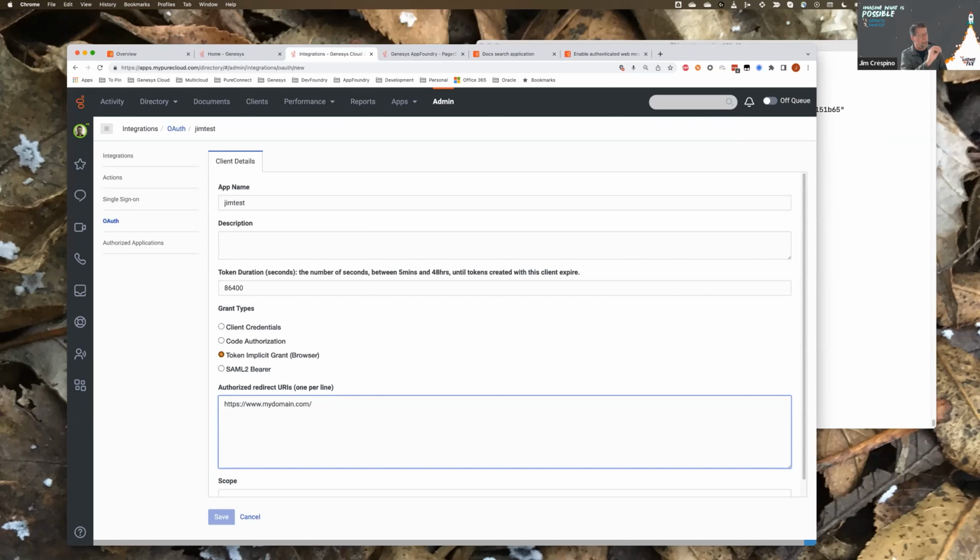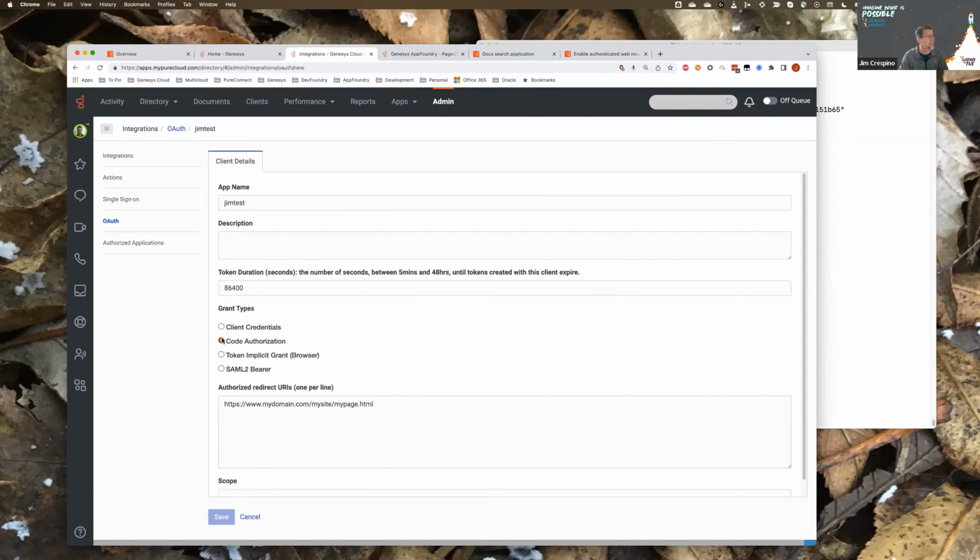mydomain.com/ and this has to be on an implicit grant. Okay, so this is HTML and JavaScript on the client side. It's got to go all the way down to the page. So you might say my site, my page.html, all the way. It's got to resolve all the way to the exact URL that it's going to land at. Okay. It needs to do that at least for implicit grant.